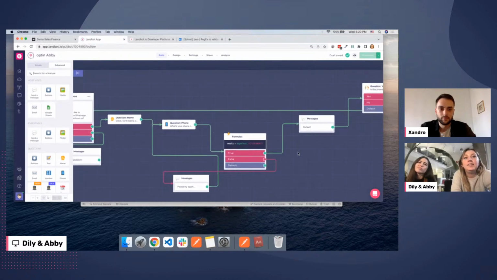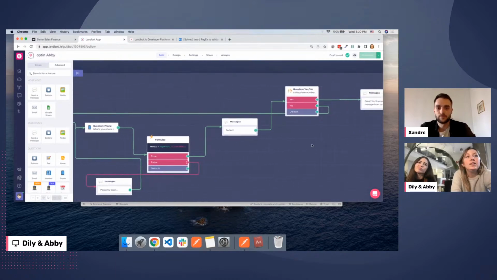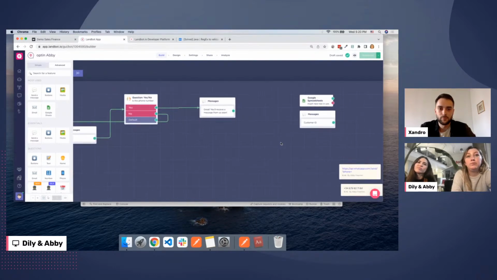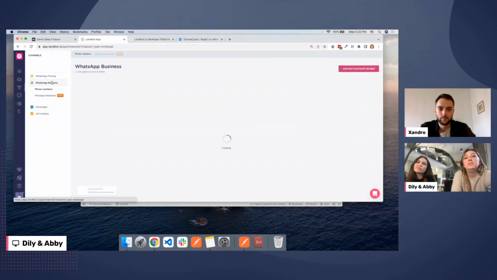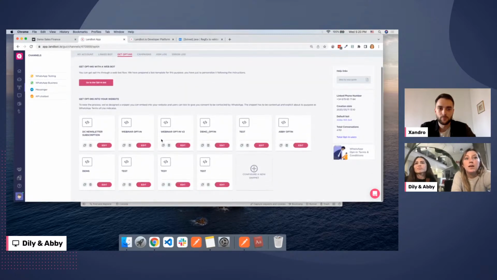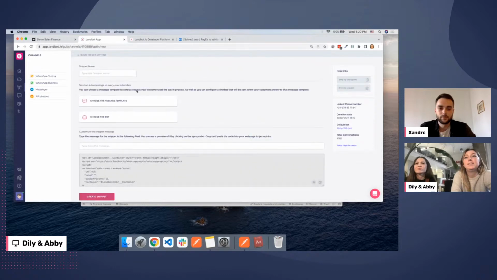And since Lily has already shown us how to validate the number, we just need to add our webhook here. So first we need to get the opt-in endpoint, and we're going to do that from our opt-in number. So let's go here. This is the number we're going to use today. And we're going to create a new snippet. I'm going to call this one Abby test, for example. And then I'm going to add a message template.